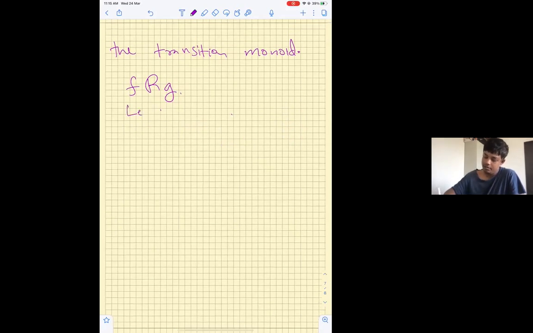Let p be in Q. Then F is R equivalent to G means that